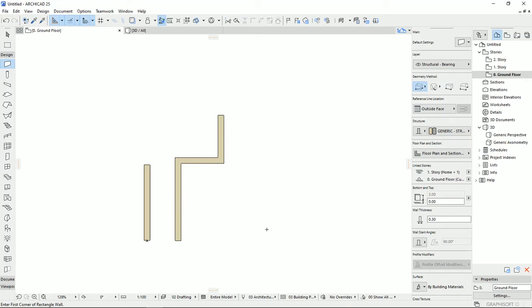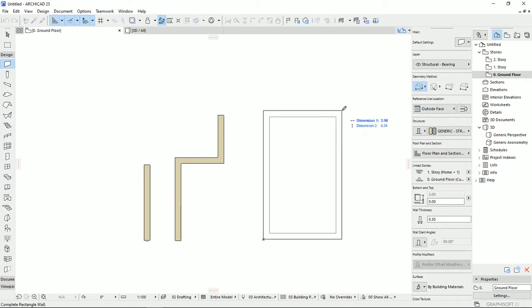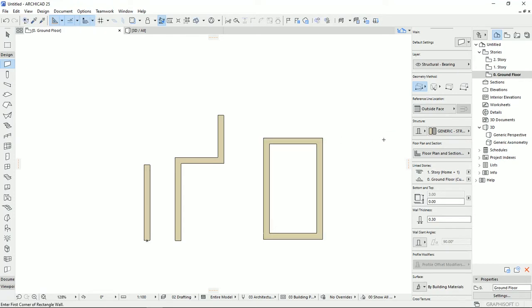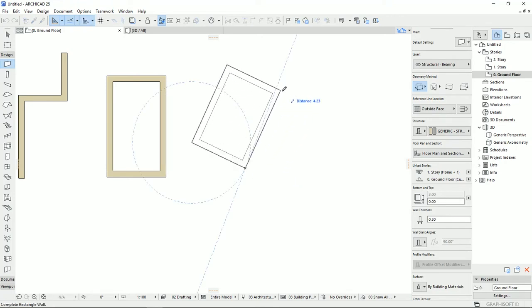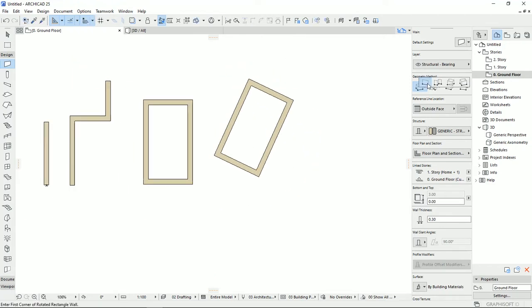Then we had this one, which was a room. I'm gonna put 3 by 5. And then we had the diagonal room, which I can do this 3 meters with an angle of, for example, 25 degrees. I'm gonna enter, and for the length, I'm gonna put 5 meters. I'm gonna put it back to the straight, and then